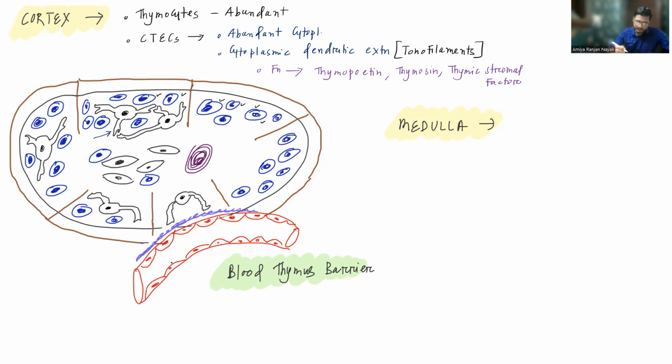Okay. Apart from these factors, they will also produce Notch ligand and interleukin 7. These two factors, these two ligands, are also important for T cell development inside the thymus. Okay, so this is the first function. They will produce various factors that are required for T cell development. The second important function